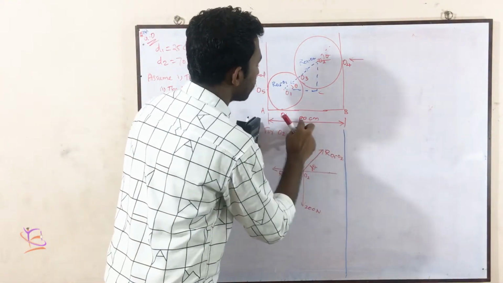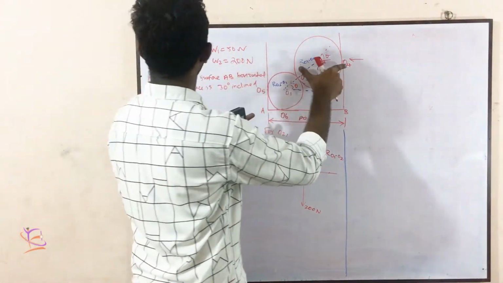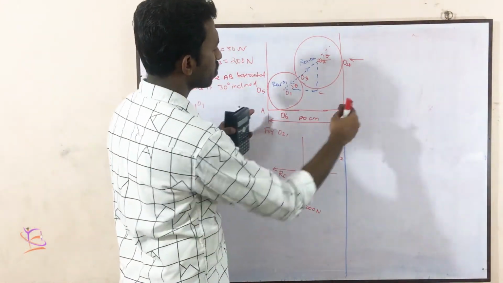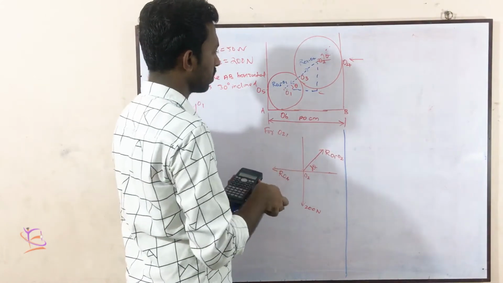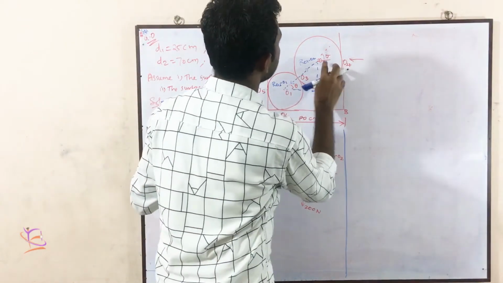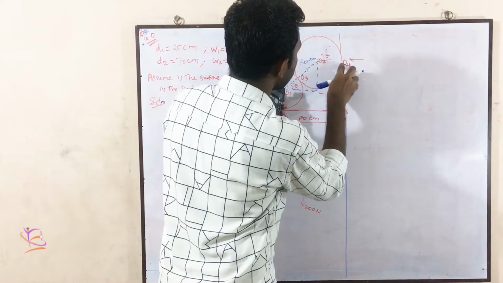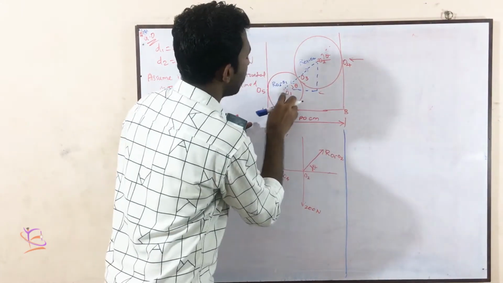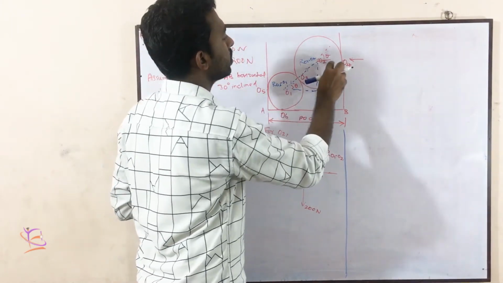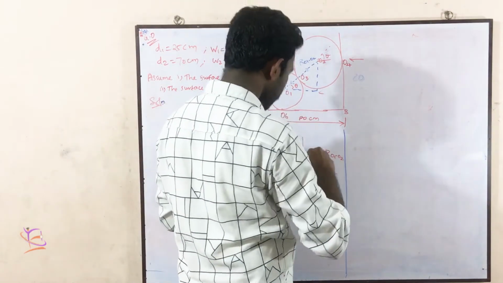The total is given as 80 centimeter. This one is 25. This one is 70. The diameter is given. So what may be the value? So this is total 80. Okay, total is given as 80. And this distance is equal to from center to this. This is the radius of this circle, this cylinder. So this radius and this radius, if you are subtracting this one and this one, you will get this value. Total value is 80.